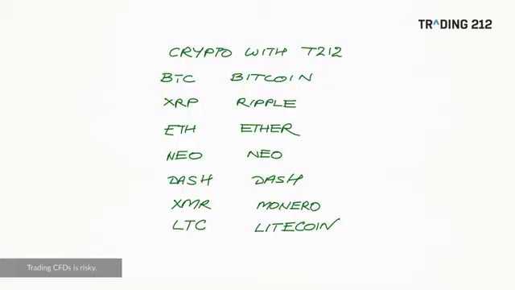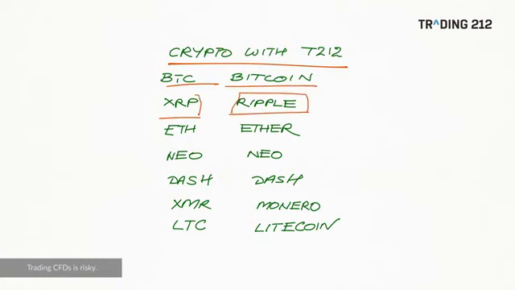Now, of course, Bitcoin isn't the only cryptocurrency, although it is the most famous, and there are quite a few that you can trade with Trading 212. So let's take a look at a list of those now and run through that. So let's quickly run through the cryptocurrencies you can trade with Trading 212. The codes are on the left. BTC for Bitcoin, which we've already talked about. XRP and Ripple. Ripple is actually the name of the network and XRP is the token on the exchange, though people sometimes just call it Ripple anyway. Ether, which runs on the Ethereum network. Neo, Dash, XMR, Monero, LTC, Litecoin.